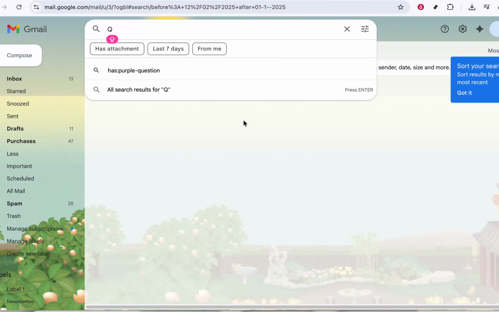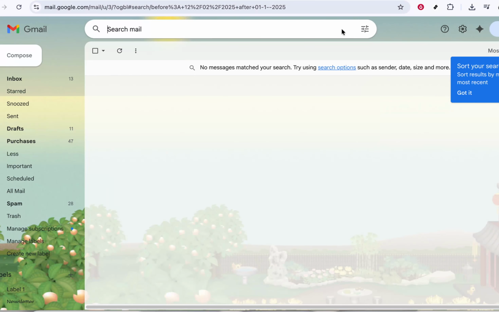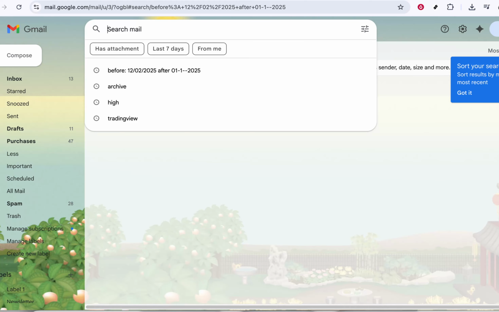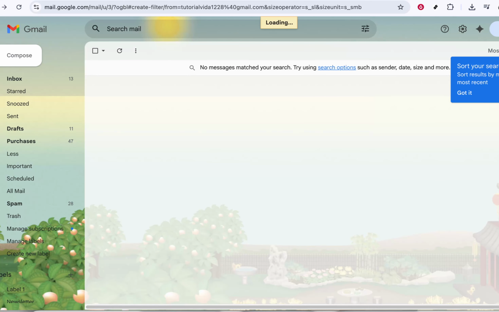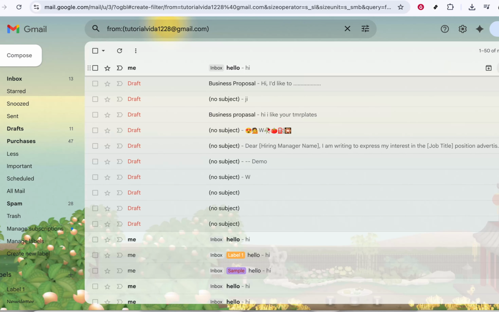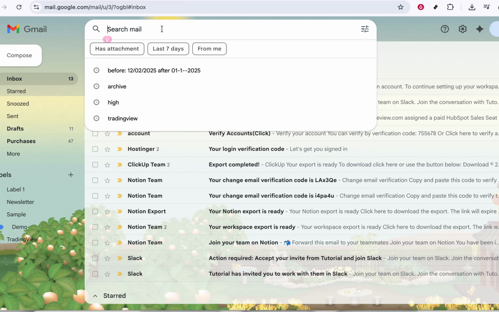In today's video, I'm going to teach you how to search emails by date range in Gmail. This is really useful when you know roughly when an email was sent or received, but you don't remember the exact subject line or who sent it. Instead of scrolling endlessly through your inbox, you can jump straight to the right time period and narrow things down